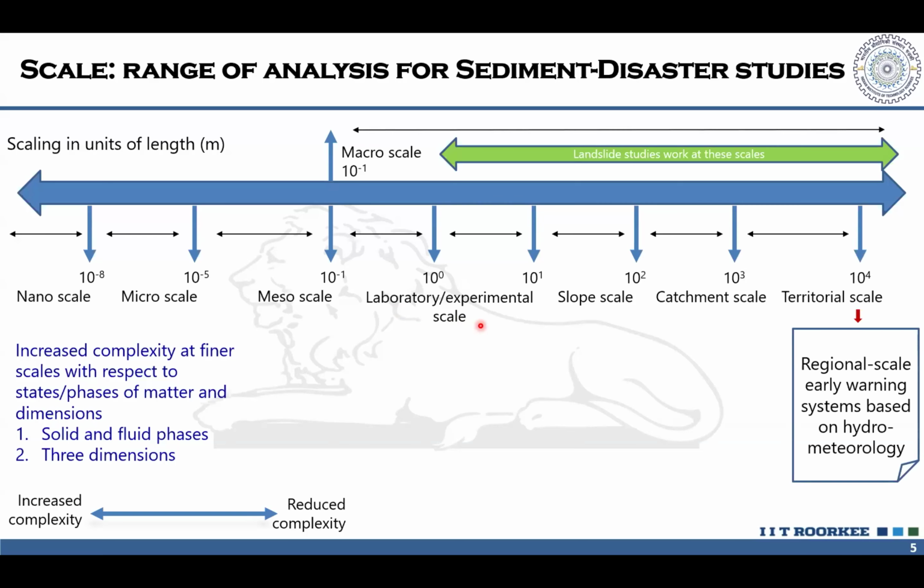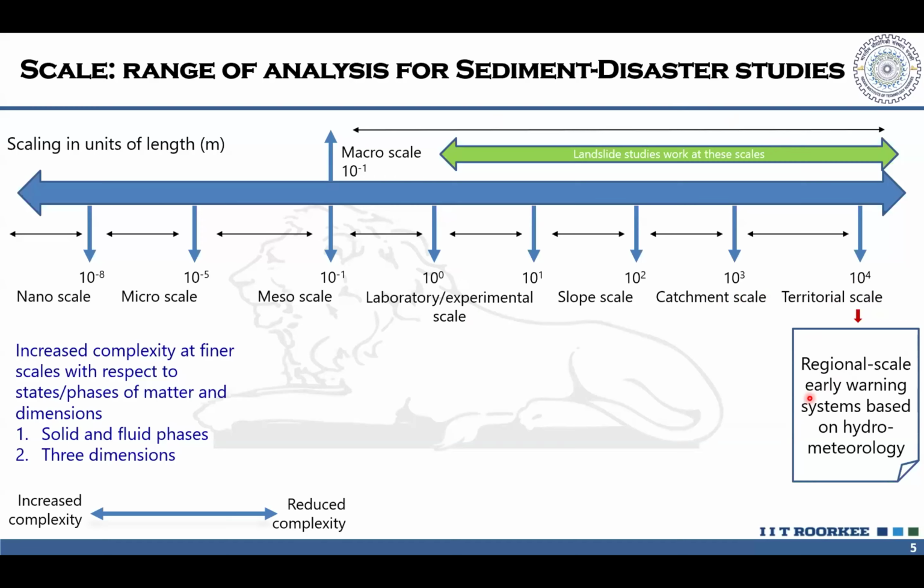So whenever these hazards happened in 2013 and other years, it was not a single landslide. Even in the case of the Wayanad landslide or the Darali one, it may be a single to many landslides, but the impact was more. In 2013, more than 6,000 landslides happened all across Uttarakhand. So that's what is happening in the Himalayas, the abundance in numbers of these individual hazards. So we need a system that is operational at the regional scale in order to warn the people.